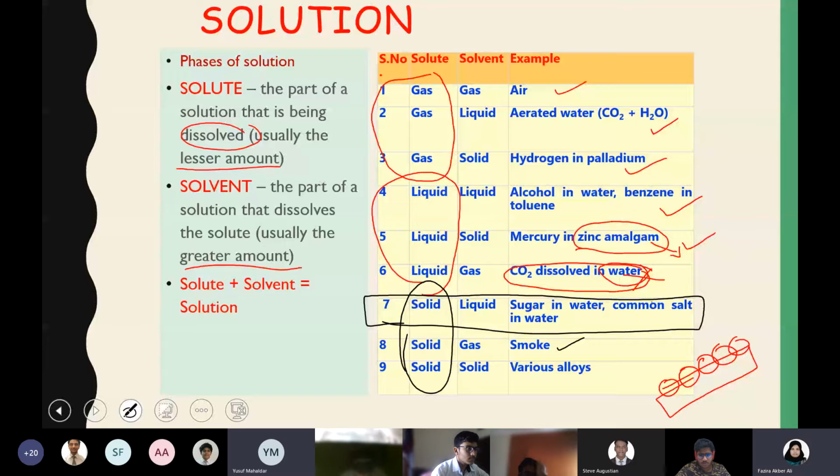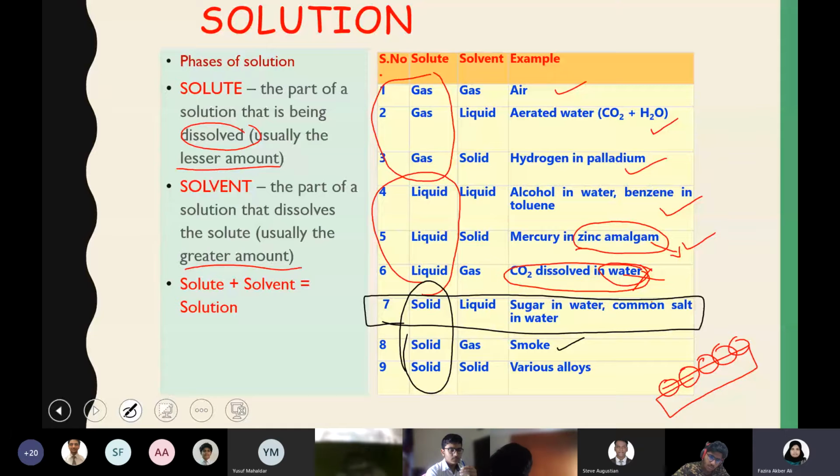Otherwise also you will get smoke, even in complete oxidation, but it is basically something where solid particles are dispersed in a gaseous state. That means when you burn something, along with the gas formation, some of the residual solid also gets mixed up homogeneously along with the gas. It's not a completely gaseous thing. When you analyze it closely, you can see there will be minute solid particles also dispersed throughout the gas.